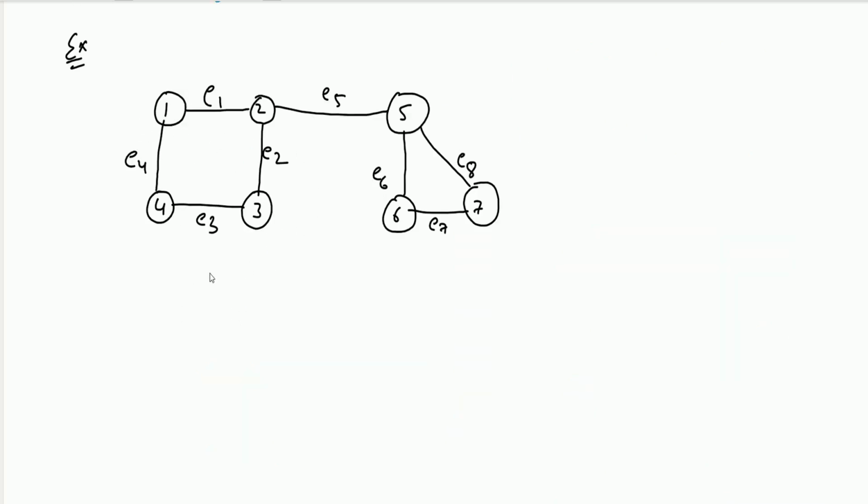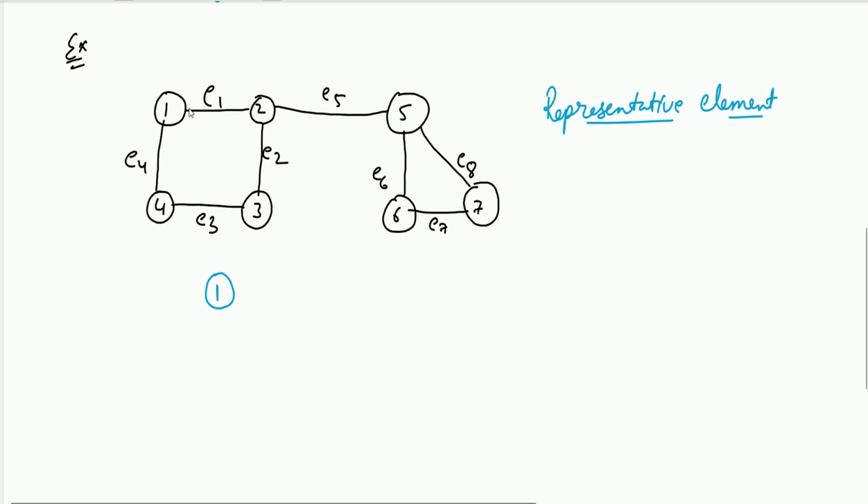So initially let's say we do not have anything. Let's say we try to add edge E1. What will happen? We will have 1 here, and right now what we did was we were naming the set, but in algorithms we do not need to name the set. We just need one representative element that can represent the whole set. So when we try to add edge E1, we will have 1 and 2, and 2's parent will be 1. So this is how graphically it will work.